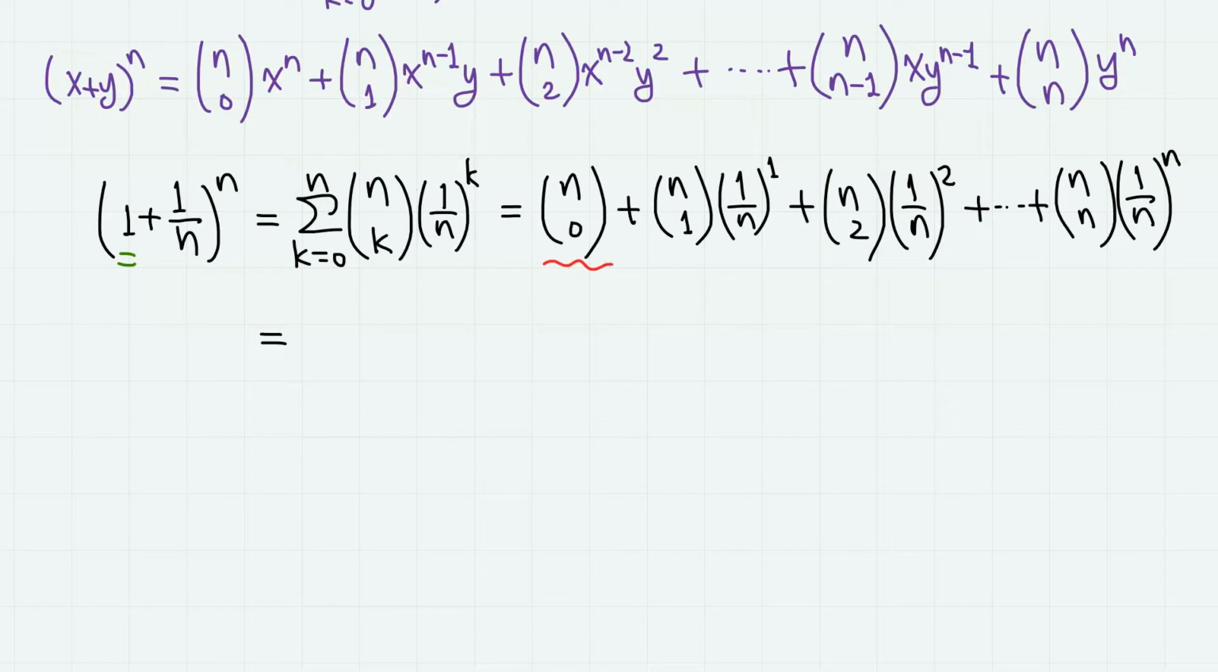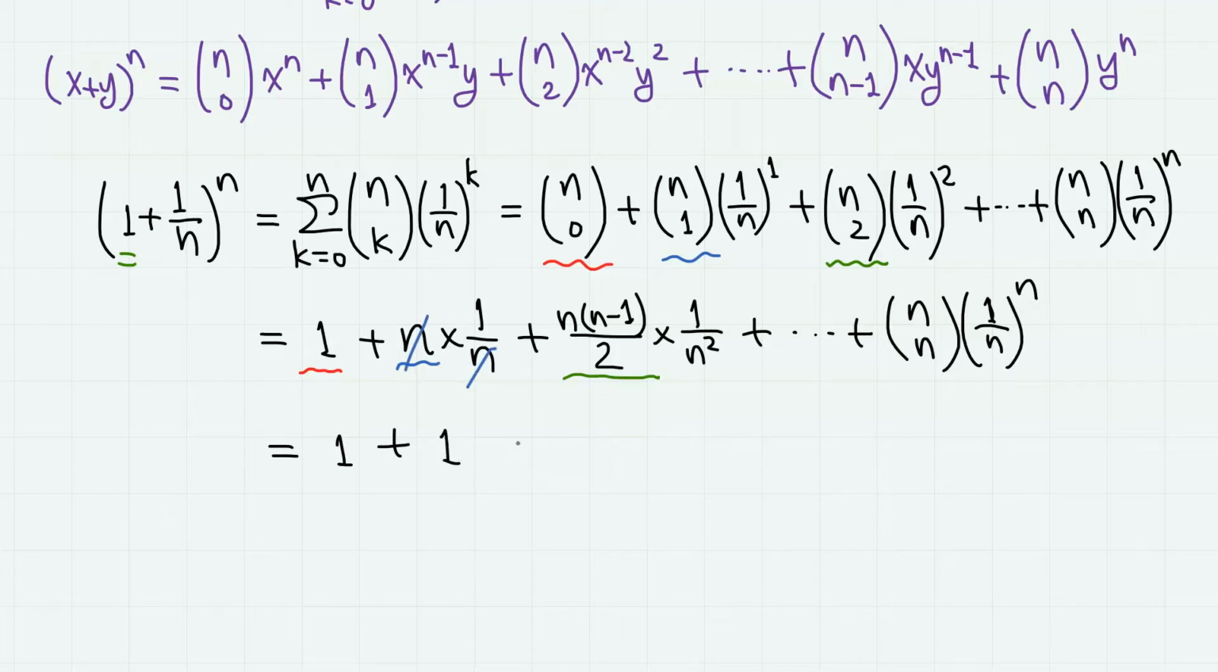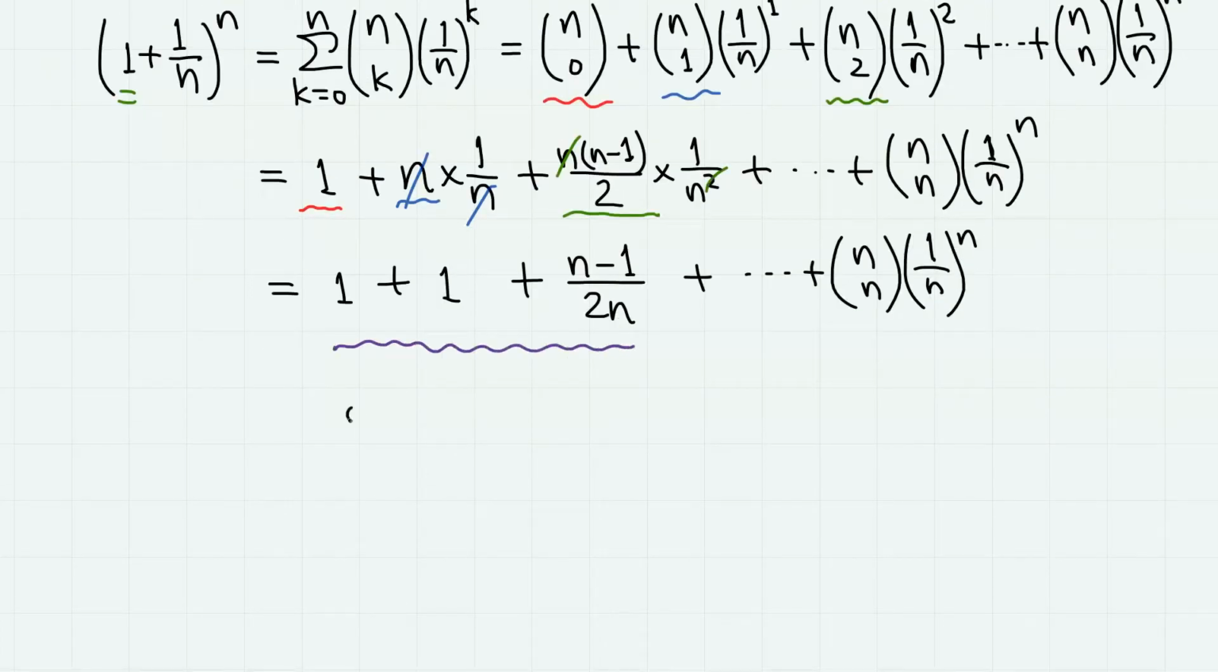Now n choose 0 is simply 1, and n choose 1 is n, so we have n times 1 over n. Then n choose 2 is n times n minus 1 over 2, so we have this times 1 over n squared, and for the rest, let's just write the same thing. So the first term is 1, and the second term is also 1, and the third term is n minus 1 over 2n. So from here, we have 2 plus n minus 1 over 2n, and if we discard the entire remaining terms,